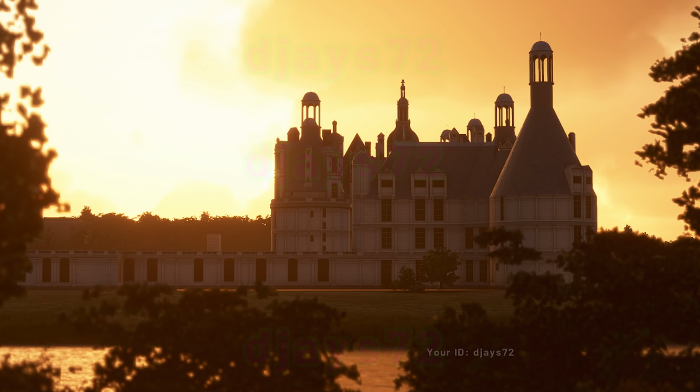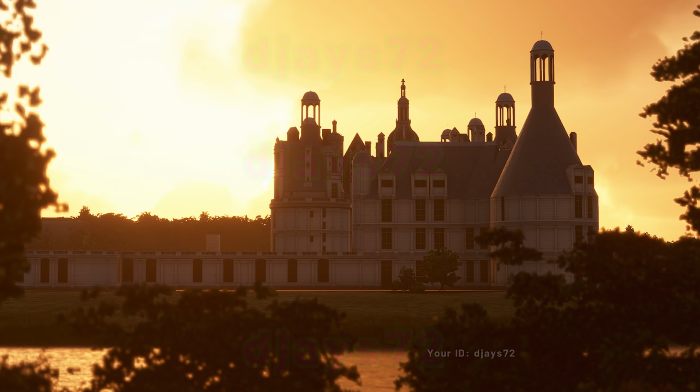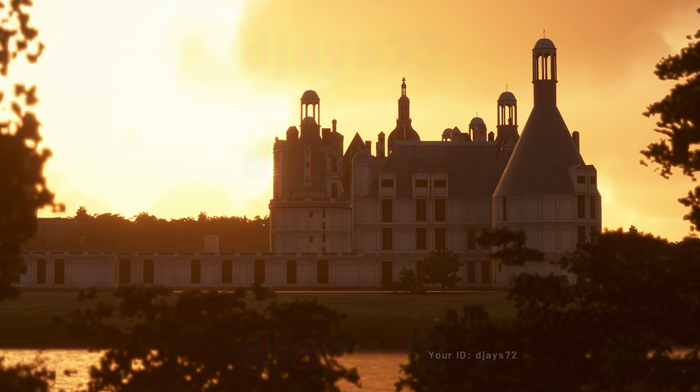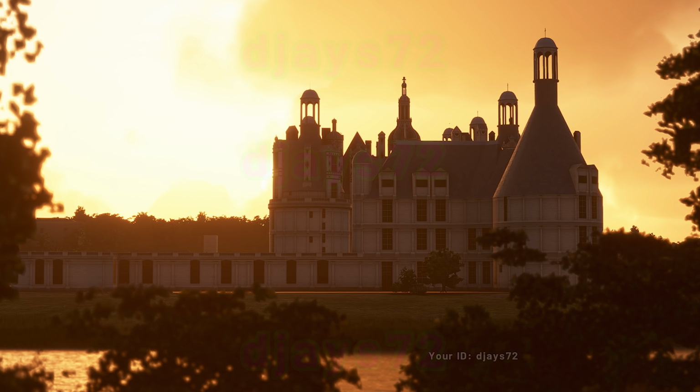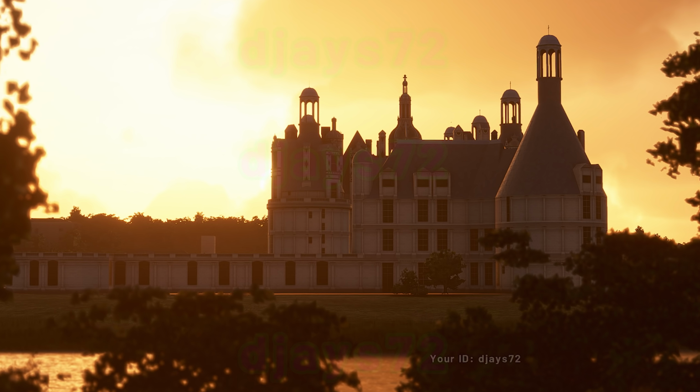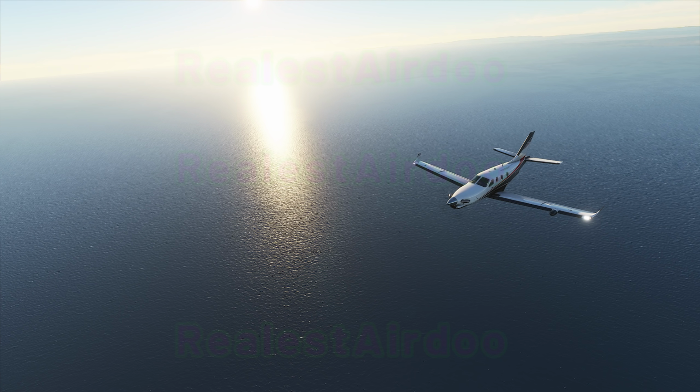If one year ago you had shown me this picture and told me that this is a picture taken on a flight simulator with no mods, I would have beaten the crap out of you for lying to me like that. But yeah, here we are now. That's insane. Now this image is called Cruise by Realist Erdu, and no idea where we are other than